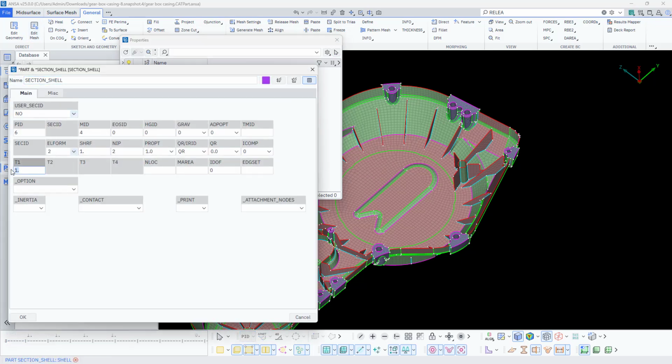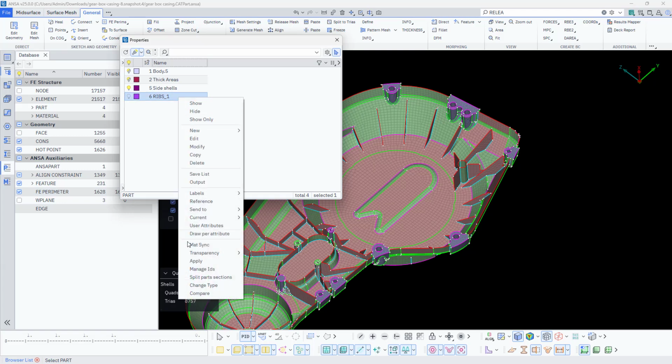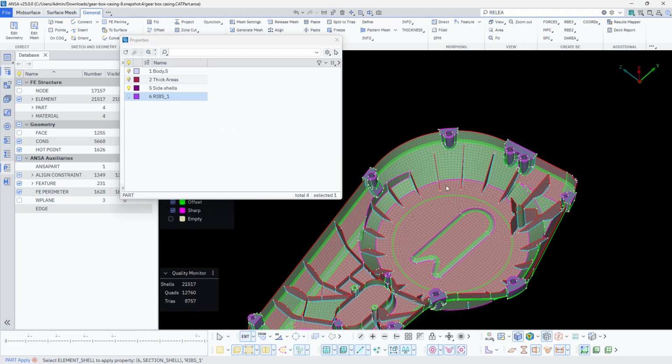Okay, you can just define the thickness. So I'd like to take it 2 mm and then you just rename it ribs. Okay, I'll just rename it as like this. I'll just make it capital. Yeah, so just create this PID, click OK, and simply right click on it and apply, and now you just